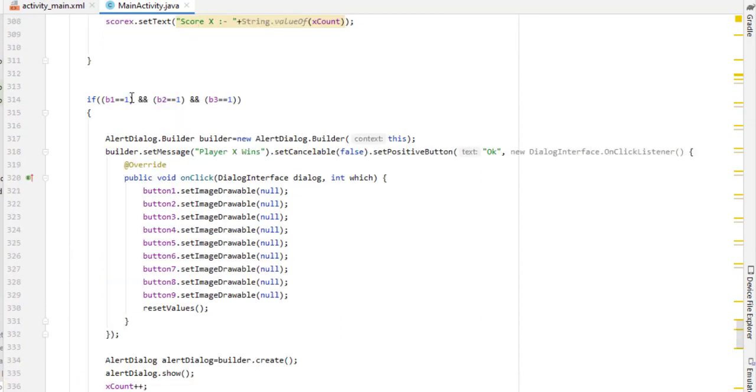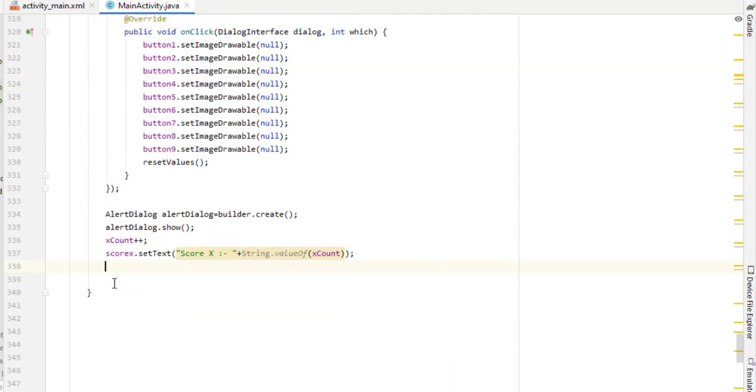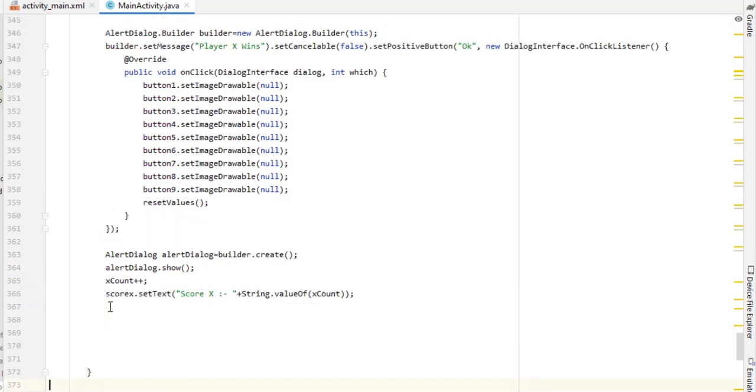Now the third possible case. There are 8 possible cases for x1, or we can say the X player. So 1, 2, 3 is covered. Now 4, 5 and 6, so this is also done. I already said at the start of the video, the code is lengthy, but the code is not hard. So this is fine. Now what I have to do is simply copy the code again.